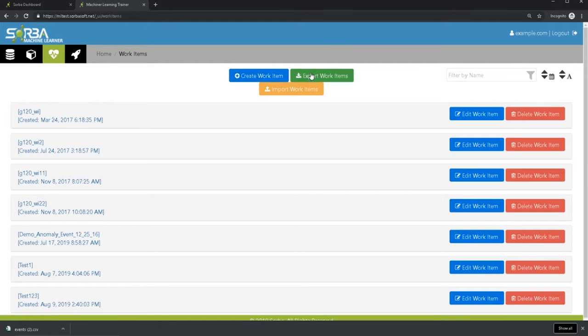And then what I just did here is I will go ahead and export the work items, and you can see it popped up a CSV file. If I go ahead and open that file,